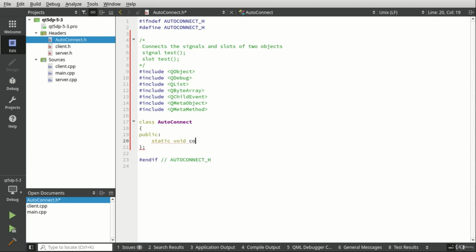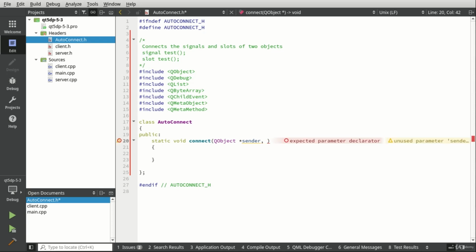Void, and I'm going to say connect. See, I lied to you. I said I wasn't going to type the word connect. So now we have a static function here, and I'm going to say I want a QObject sender and a QObject